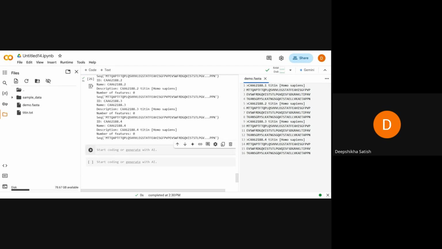Okay. So after this, this is with the help of Seq IO. Now suppose you want to check or align two sequences. If there are two sequences, we can perform pairwise alignment. So for that, what we need